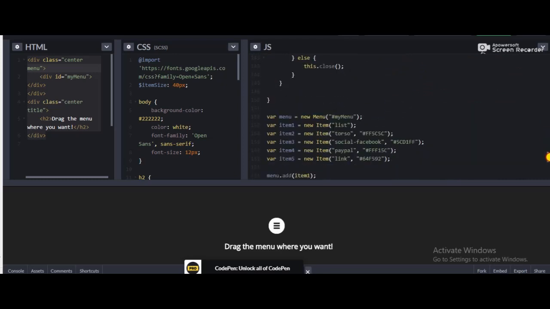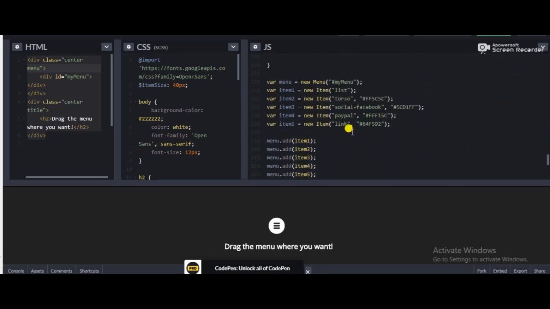This is the initialization of the menu variable, and the menu has items. How many items do I have? 1, 2, 3 and 4. So we have a list, like a nested list, the upper menu, and then we have lots of things like the list torso, 1, 2, 3, 4, 5.